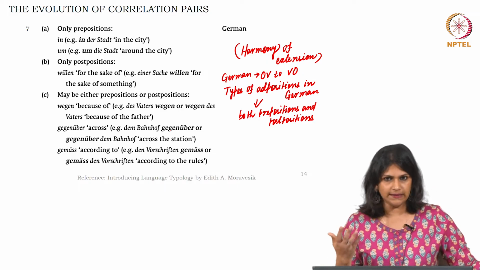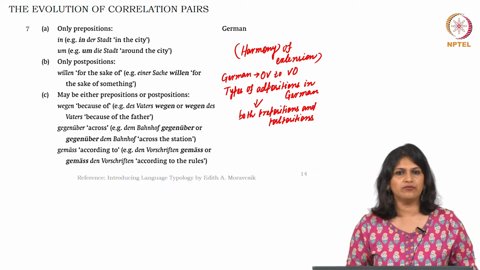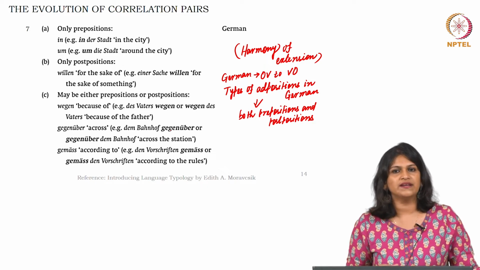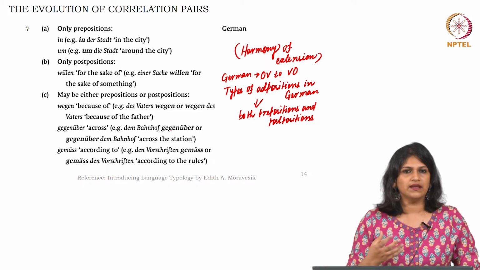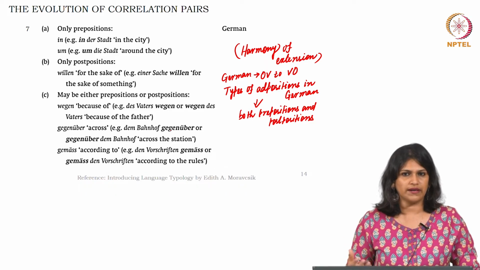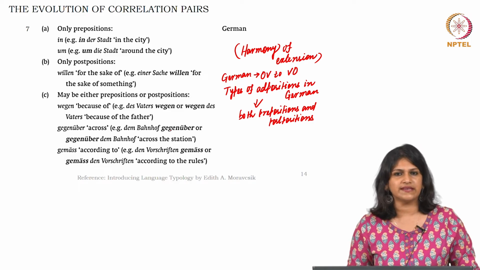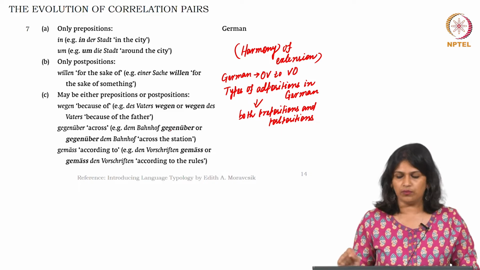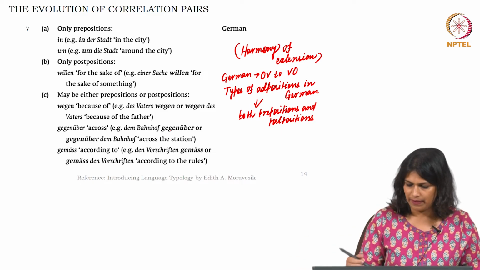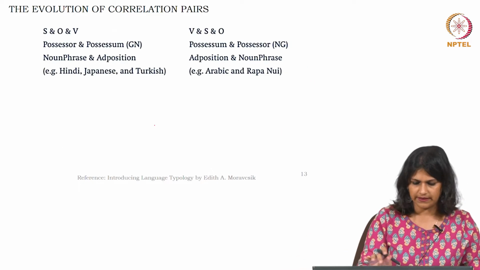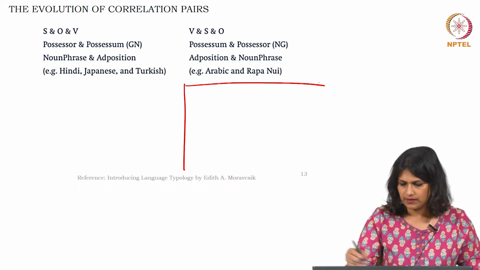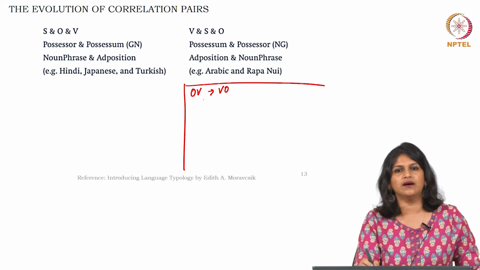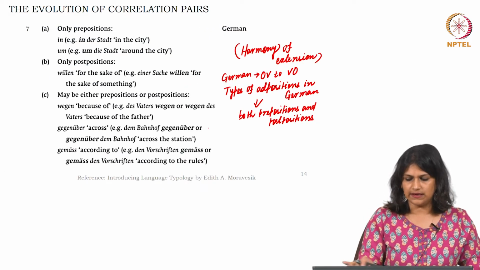So, now let us see, when you maintain such kind of word order, let us say a particular language changes from OV to VO, that means let us say the book read to read the book. In such cases, what sort of linearization do we have. So, whether you are going to see, say, the boy's book or the book of the boy. So, the GN pattern would be, I am just briefly writing over here, let us say the change is happening from OV to VO. In case of OV,